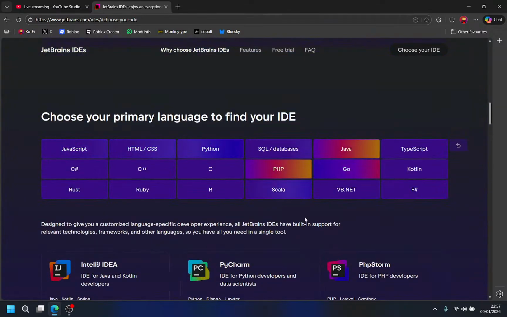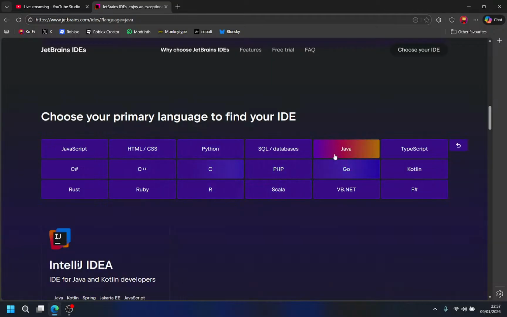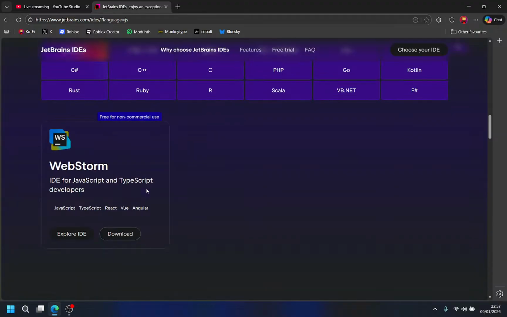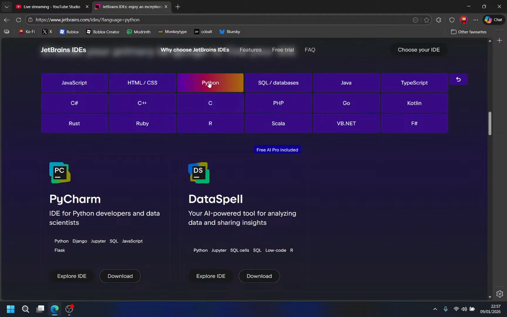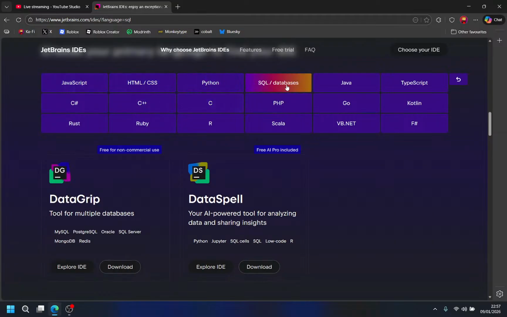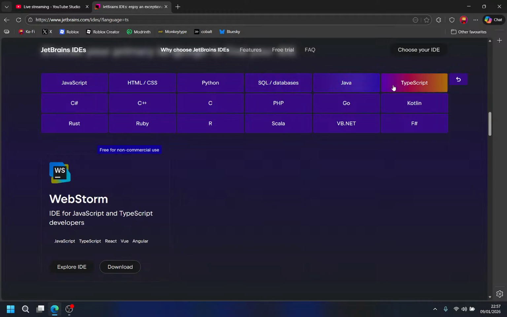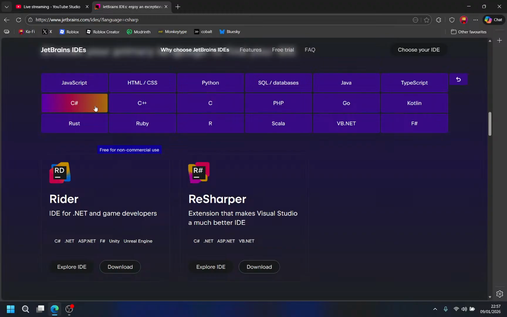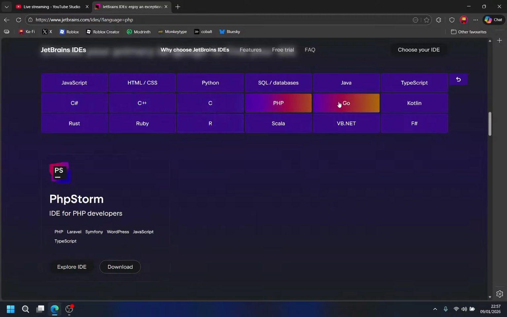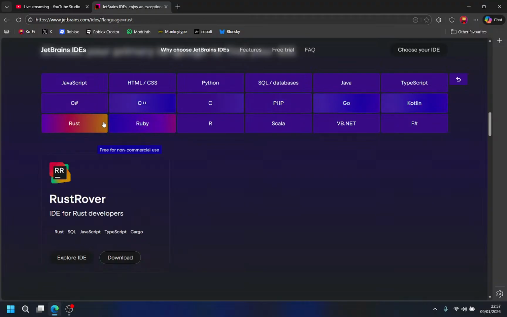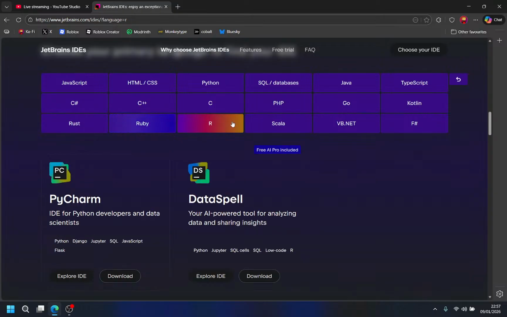Actually, for Java, if you want to make mods on Minecraft, Java, or JavaScript, HTML, CSS, Python, SQL databases, Java, TypeScript, C Sharp, C++, C, PHP, Go, Kotlin, Rust, Ruby, R, which is, I don't know actually, what is R?